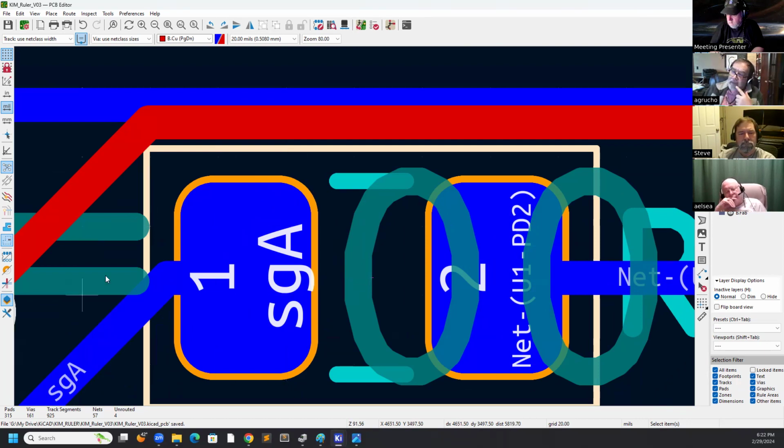Okay, you can change this. Usually the solder mask is over the pad a little bit just to keep the paste inside the pad.